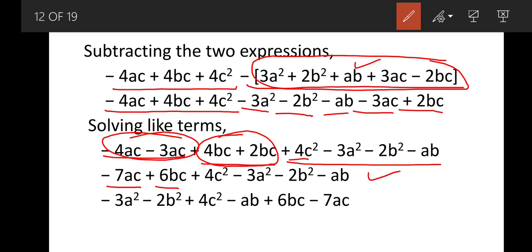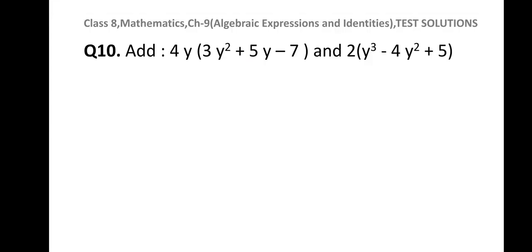This is the answer, or it can be rearranged or rewritten like this. I have written the answer in terms of a square, b square, c square first, and then the other terms: minus 3a square minus 2b square plus 4c square minus ab plus 6bc minus 7ac. Ideally the answer should be written like this, but if you are writing the answer the other way, that is also correct. Question number 10 is add. We need to simply add these two expressions, but again we need to solve them first